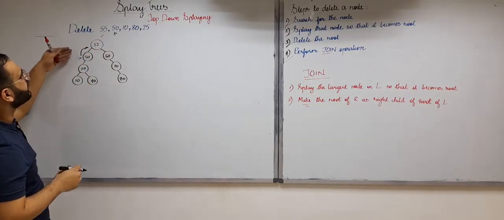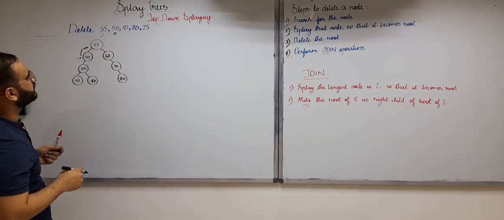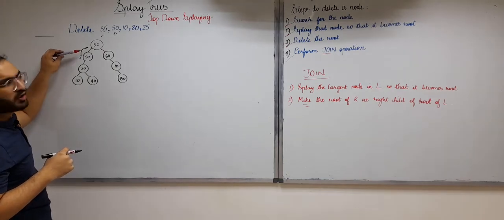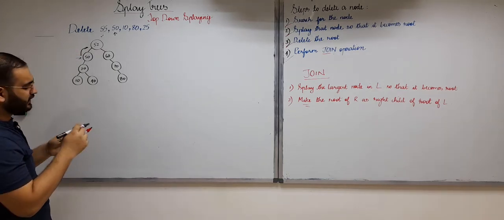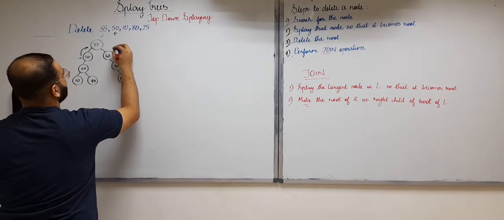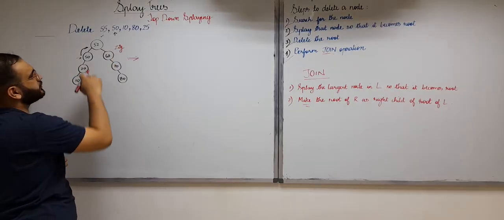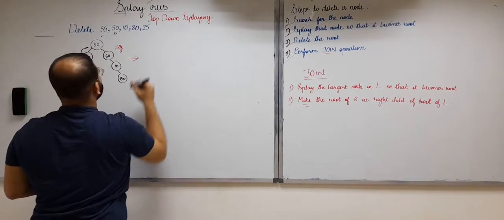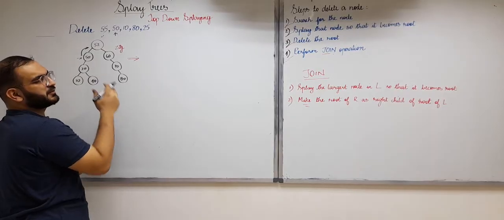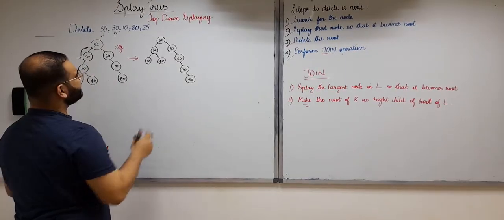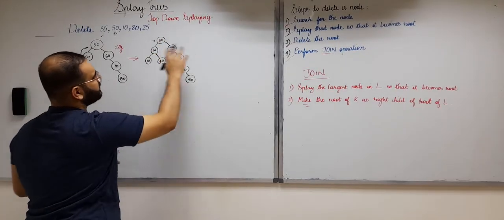For that, which splay operation do we need to perform? Because 50 is the child of the root, or in other words, 50 has no grandparent, we can perform zig operation, right? So we will do one right rotation in order to bring it to the root. This is the splay tree that we get after performing the zig operation, right? Now 50 is at the root, we have splayed 50.